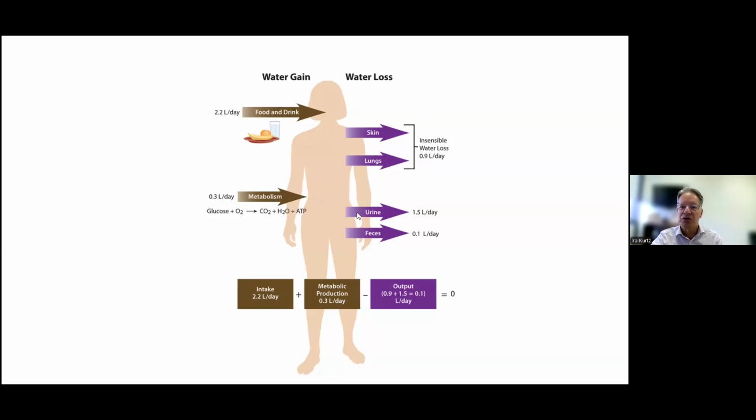We also have water loss, as we all know, in our urine. That's another 1.5 liters of fluid a day. And there's a little bit of water lost in our feces. If we add all that up, we're going to end up with the total losses of skin, lungs, urine, and feces being roughly 2.5 liters a day. And that would be roughly equal to our intake, such that the intake and output are equal. We don't have any net loss or any net gain.